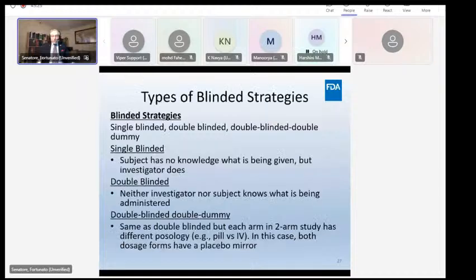Now, there are different types of blinding strategies. There's a single blind, the double blind, and the double blind, double dummy. A single blind is when the subject does not know what he or she is being given, but the investigator knows. Double blind means neither the investigator nor the subject knows what is being administered. Now, double